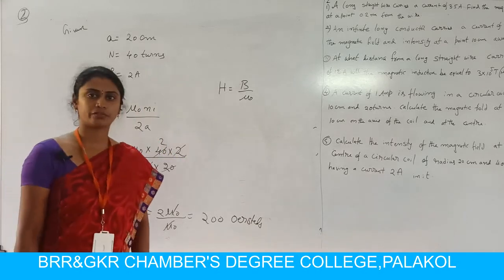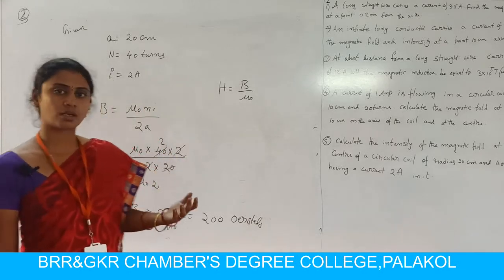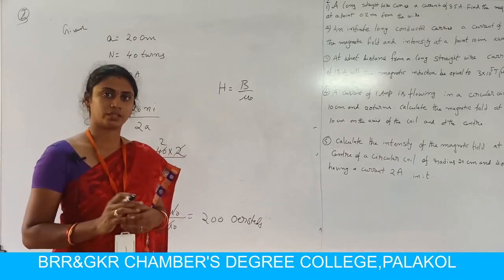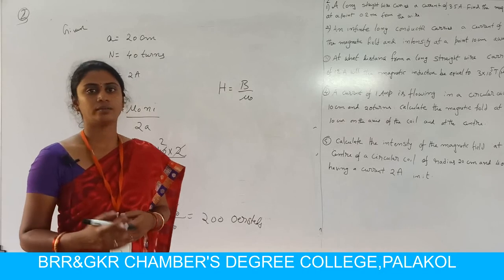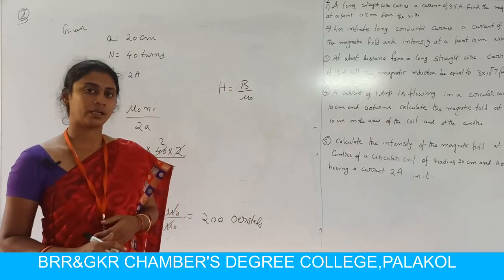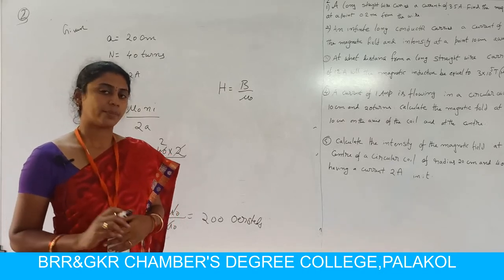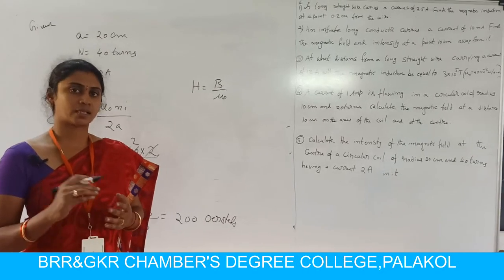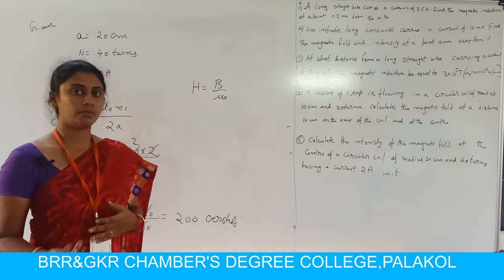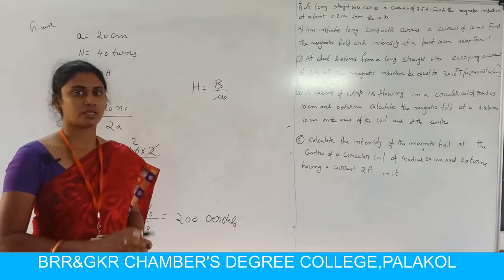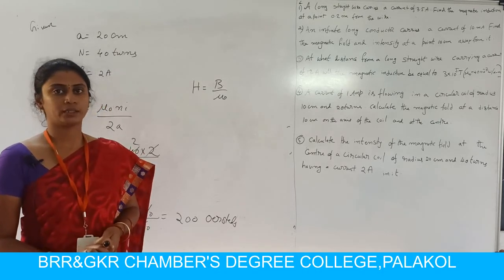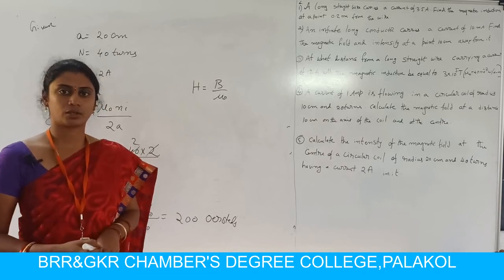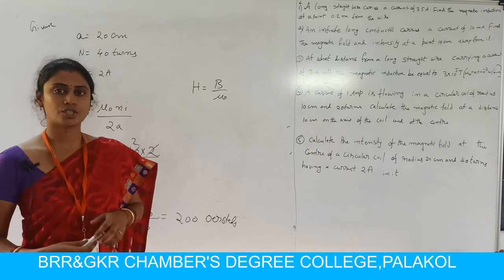Okay, I hope you are following the problems on magnetic field induction due to a straight wire, whether the distance is given or the field B is given, and the other part, the magnetic field induction due to a circular loop, when the point is at a distance from the circular loop or lies on the circular loop. I hope you are following these two types of model problems on magnetic field induction for a circular coil and magnetic field induction due to a straight wire.